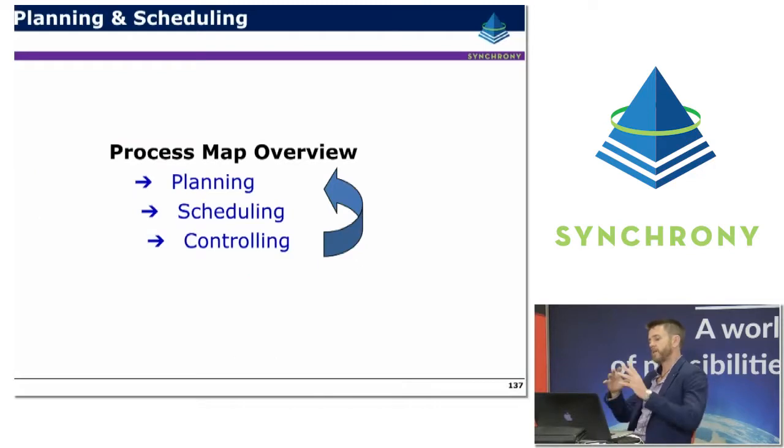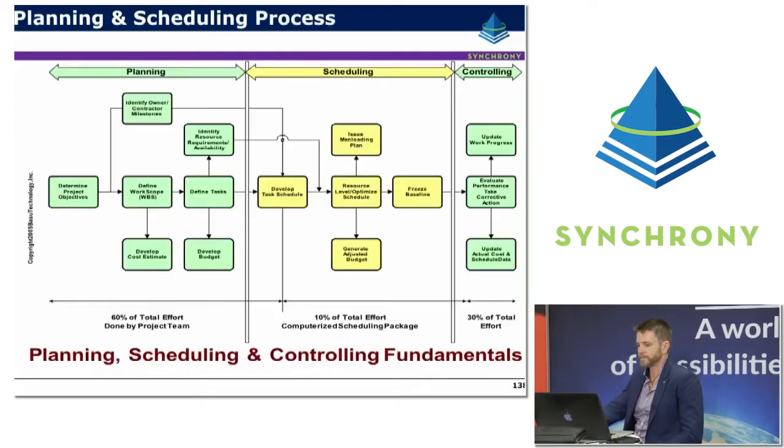So planning, being this overarching high level planning, we then break that down into scheduling, which is the more detailed time phasing of that plan. Once we've locked that in and created a performance measurement baseline, it's about controlling, which is tracking, assessing and measuring how we're going, and feeding that feedback back into the planning process so the plan can continuously be adjusted.